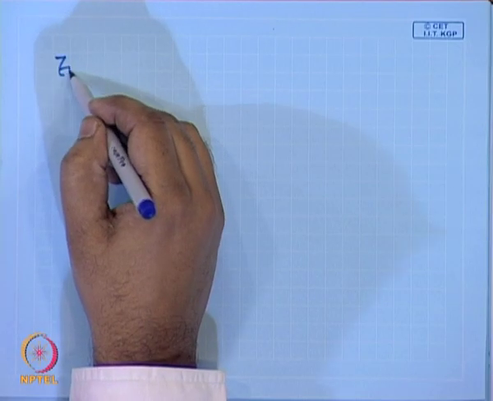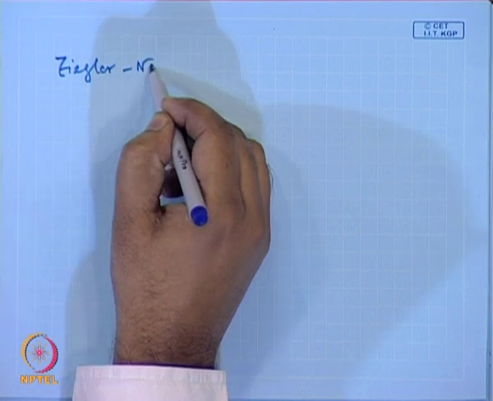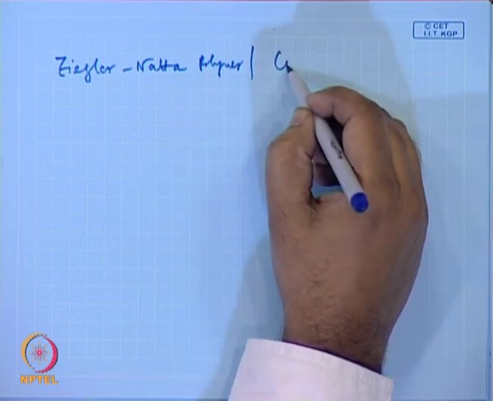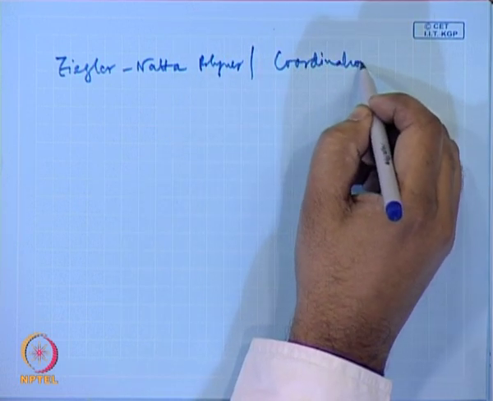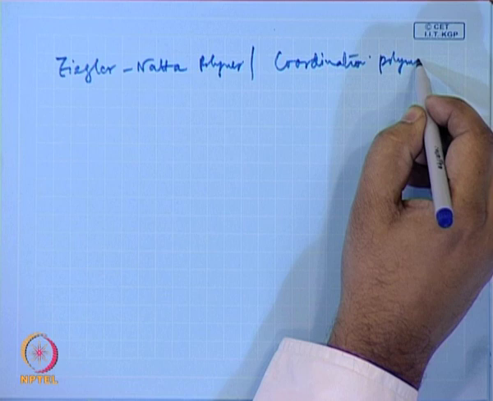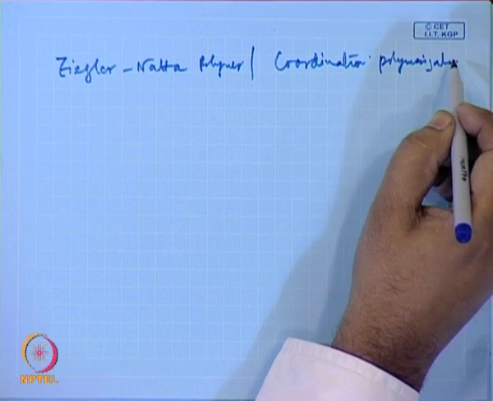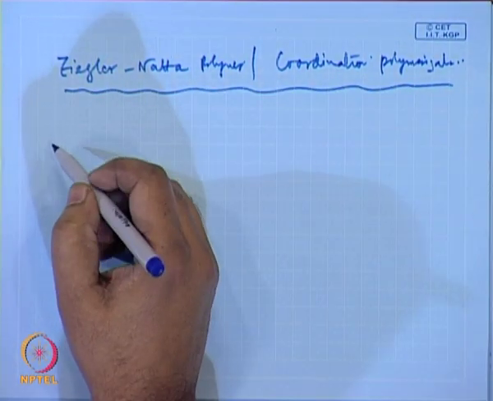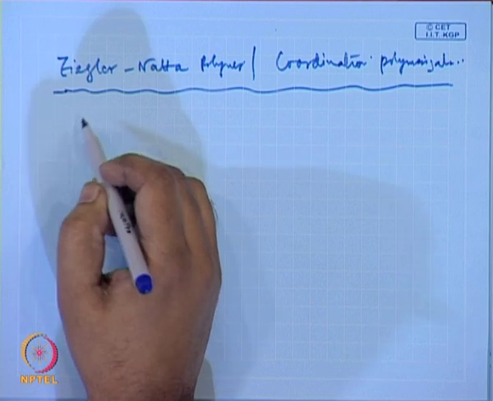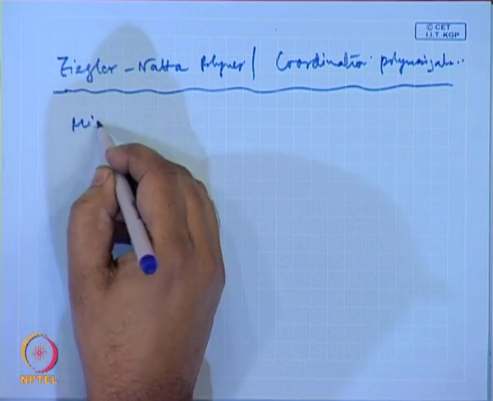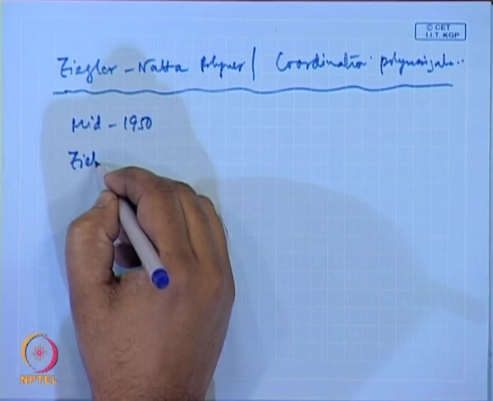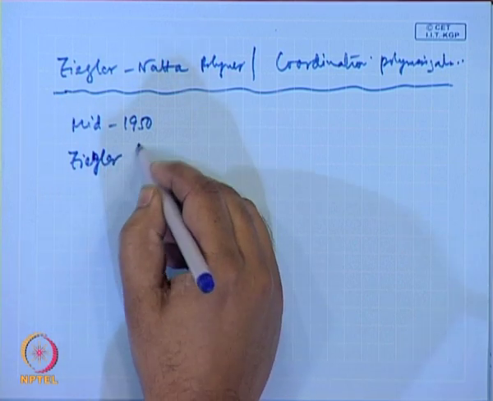Now, we will move to the next topic of Ziegler-Natta polymerization, or coordination polymerization. It was first started around the mid 1950s, where the first scientist, Ziegler, in Germany,